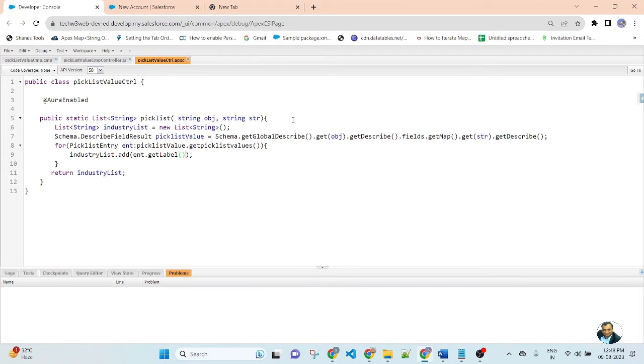So here I created a method of an Apex class where I am fetching the list of picklist values dynamically. This Apex class method will be called in the init function. Now go to the